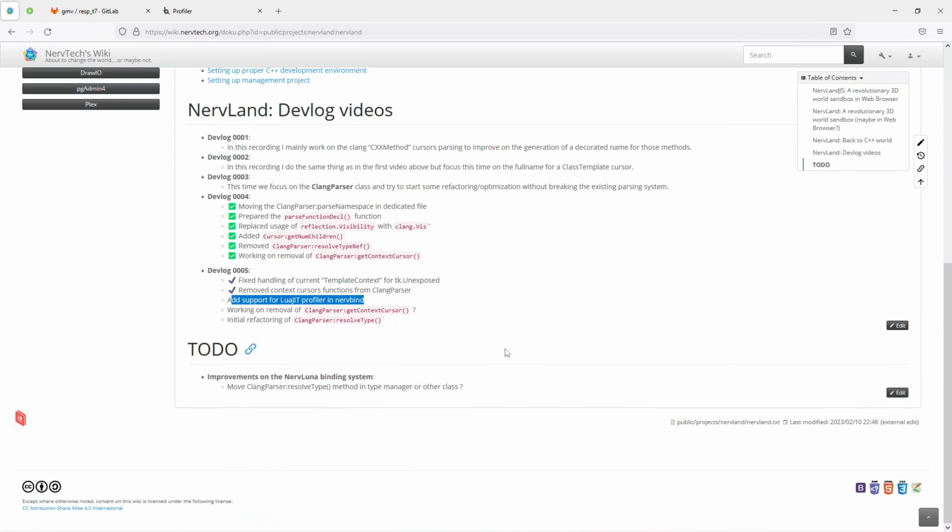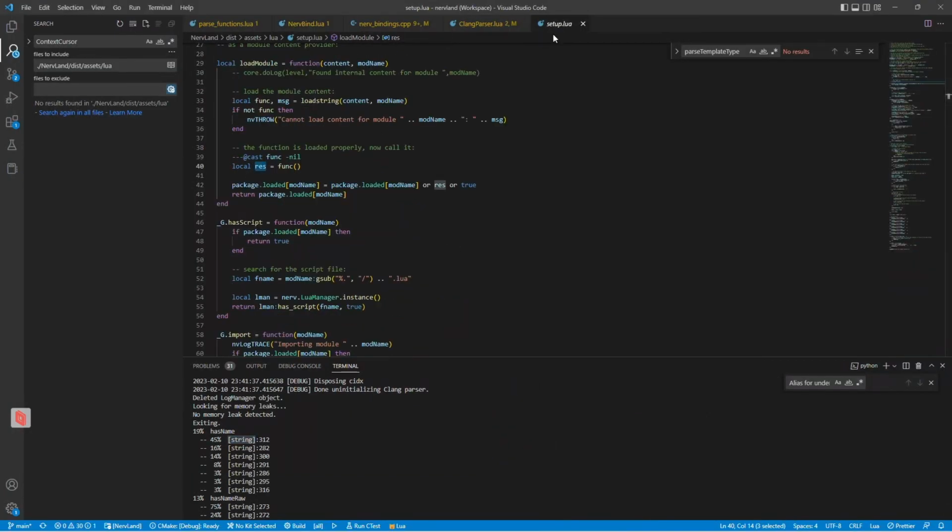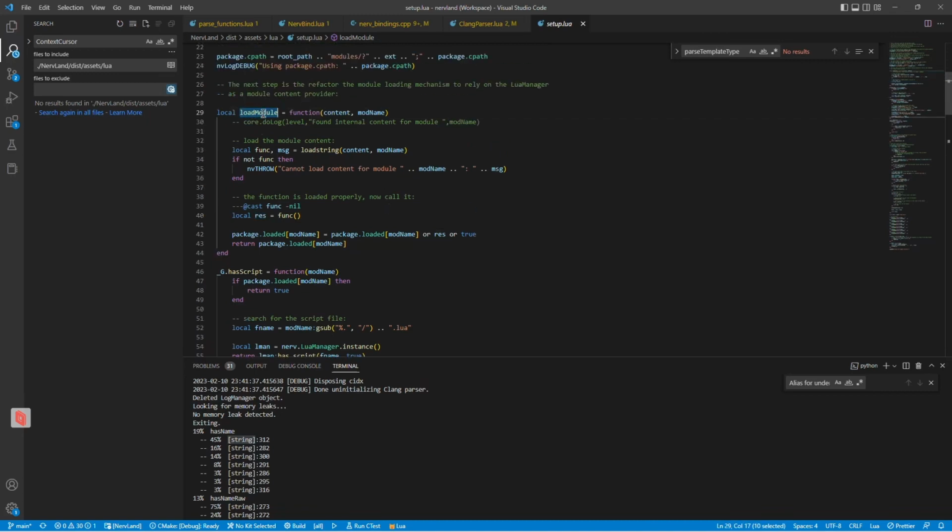That's this here. So trying to add the support for that, I eventually realized that I need to modify a bit the way I load a module. And in fact, that's done in the setup function here, where I have this load module function. I get the content of the file, in fact, and the name of that module. And then I'm going to do load string with that content and the module name. I was expecting this load string to give this Lua chunk this module name, but it seems it's not the